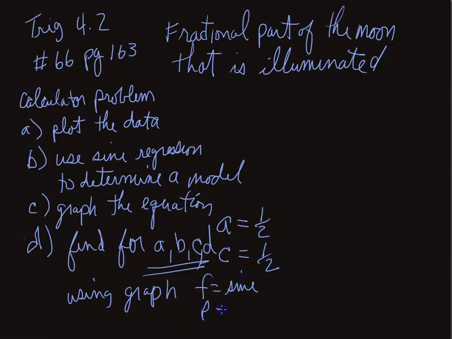The period for sine is usually 2 pi. What is B? Well, let's see. The x values go from 1 to 30. Right? So this is really 30 units that this thing is for its period where it starts and ends. But you got to be a little careful, because I think we might be in a little trouble if we go back to the graph,